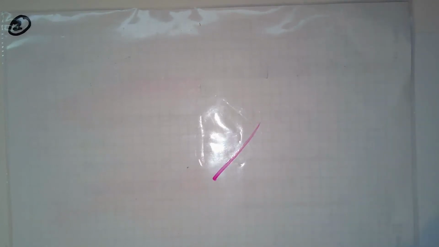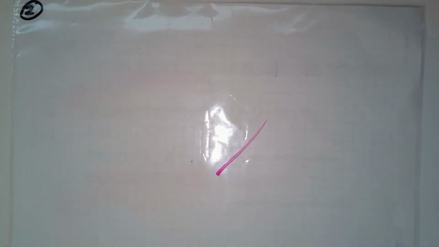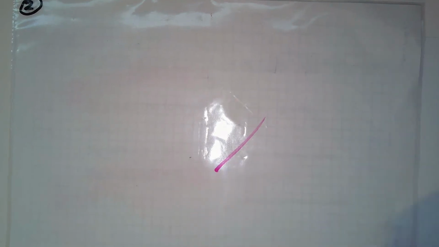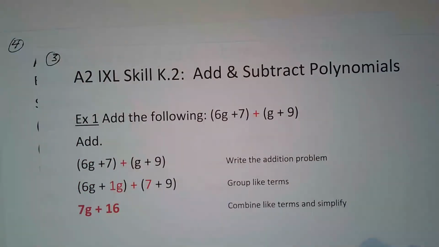Again, you can write on it with a dry erase marker like this Expo, and you can erase anything that you've completed and go on to the next thing, and so you have a reusable sheet of paper. Use it, use it, use it. All right,